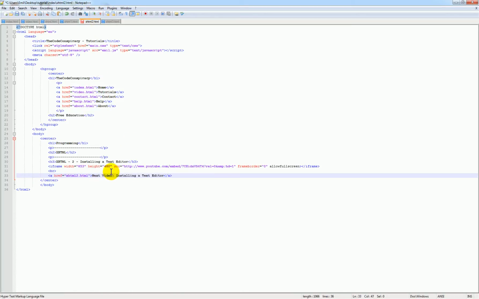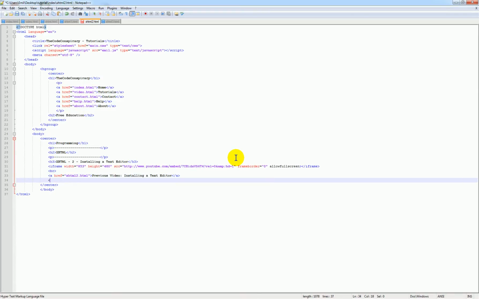So just for showing a quick example, I'm just gonna type in previous video, right? And then make another href that's gonna be xhtml3.html